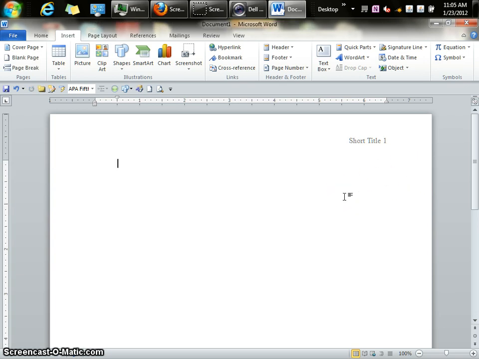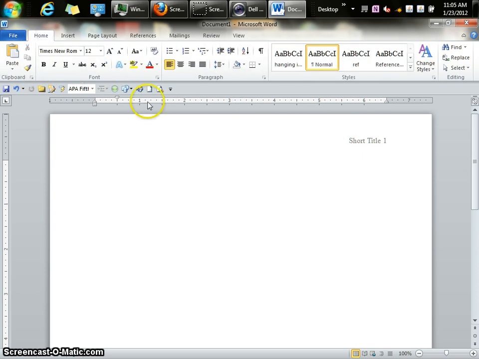Now for the cover page, what you want to do is go back to Home, and go to center. You want to go down a couple of lines because you want to kind of center this on the paper. When you center it on the paper, the first thing that you're going to type in is the title of your paper. The second thing you're going to type in is your name. The third thing is Hillsborough